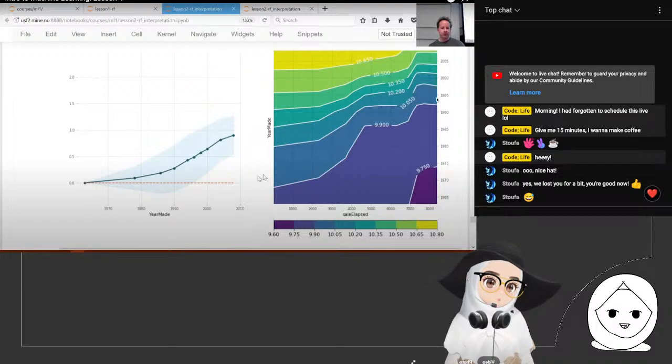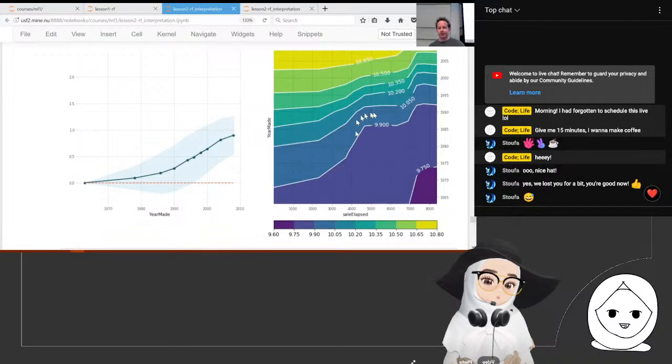So pretty. It shows me year made versus price, and it shows me the combination versus price. Remember, this is always log of price. That's why these prices look weird, right? And so you can see that the combination of sale elapsed and year made is, as you would expect,